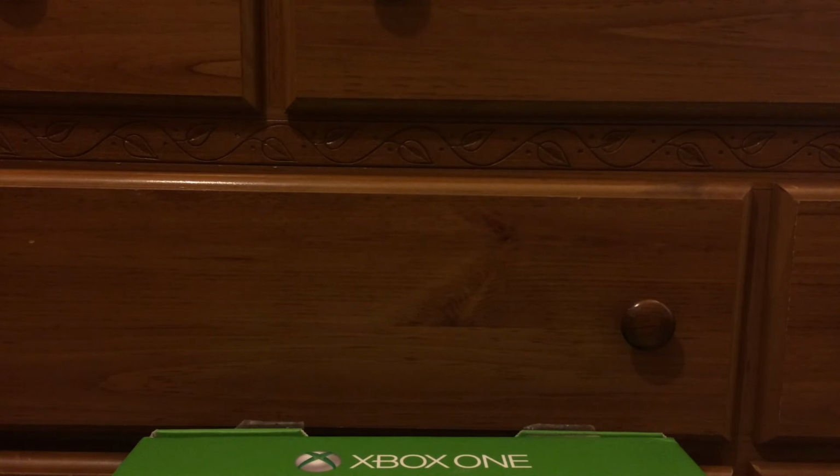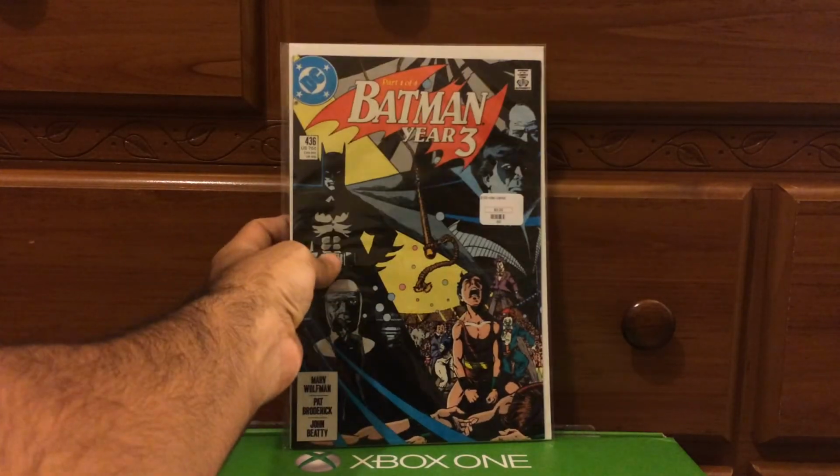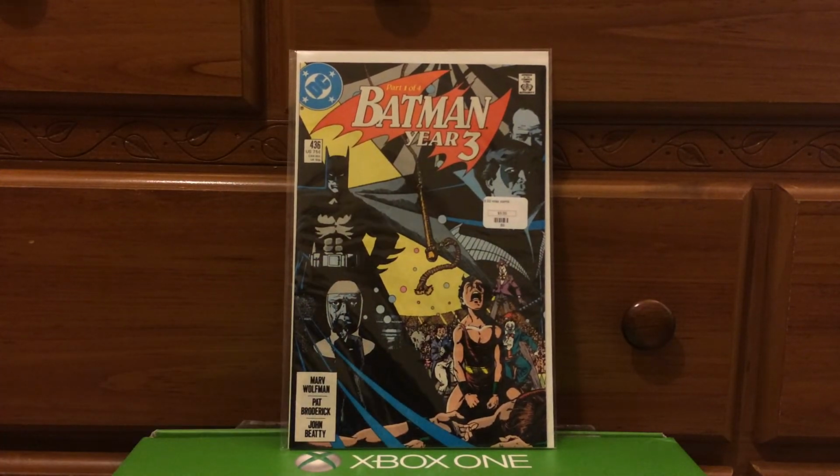But first off, I got first appearance of Tim Drake. Almost dropped it back there. As you guys know, like I said in my last video, I'm trying to collect all the Robins and their appearances. So now that I have this one, I have first Tim Drake as Robin, and then I have first appearance of Tim Drake as Red Robin. So Tim Drake is done now. I'm done with him as a